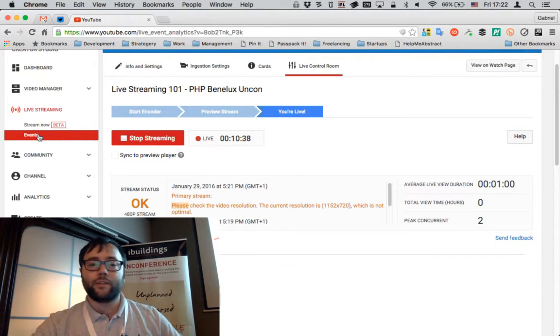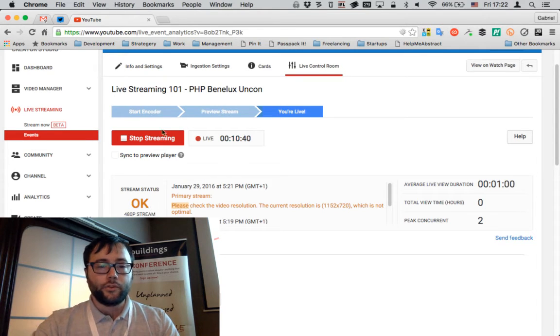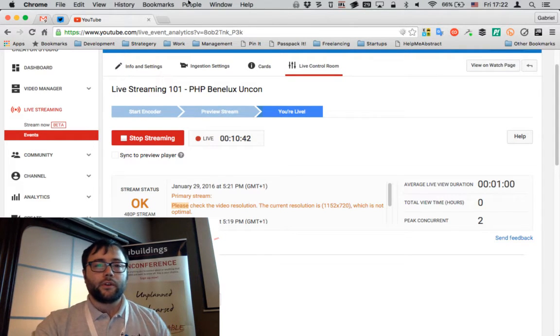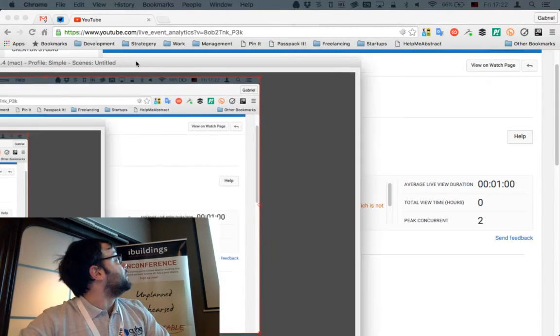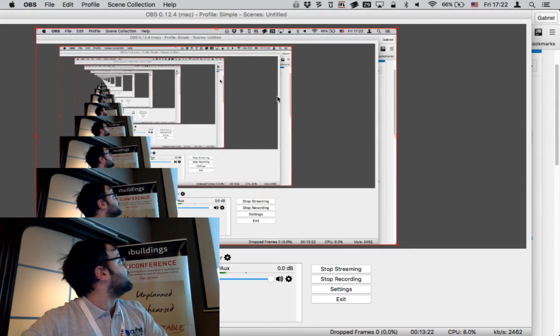Okay, so OBS, I think this is also going to be important to show. Let's see if this works, showing OBS while OBS is streaming. I'm gonna just show myself right now. So on OBS you have scenes. Anyone used OBS before? Okay. In the scenes you can set up different sources and mix them up and arrange them, and then you have that ready for you to switch between as you are streaming live.